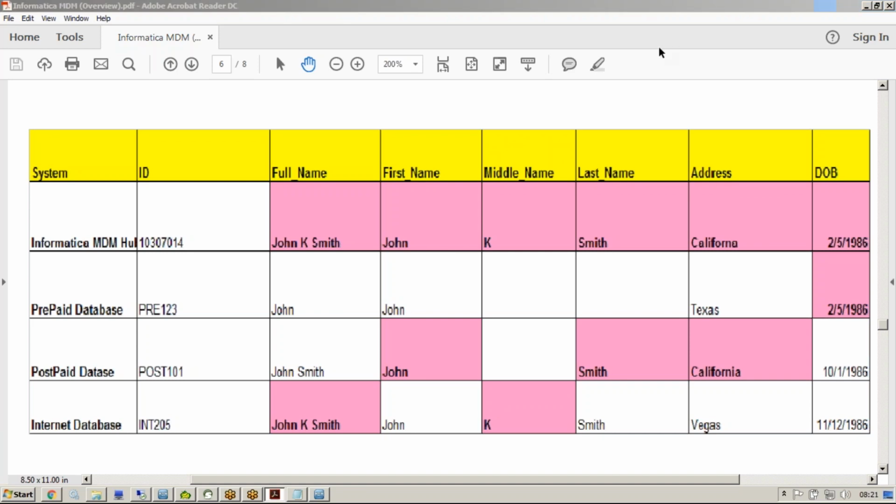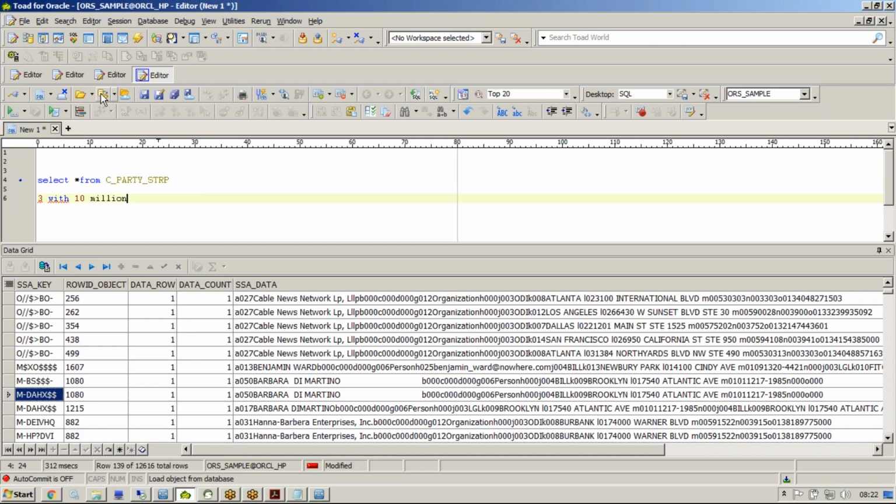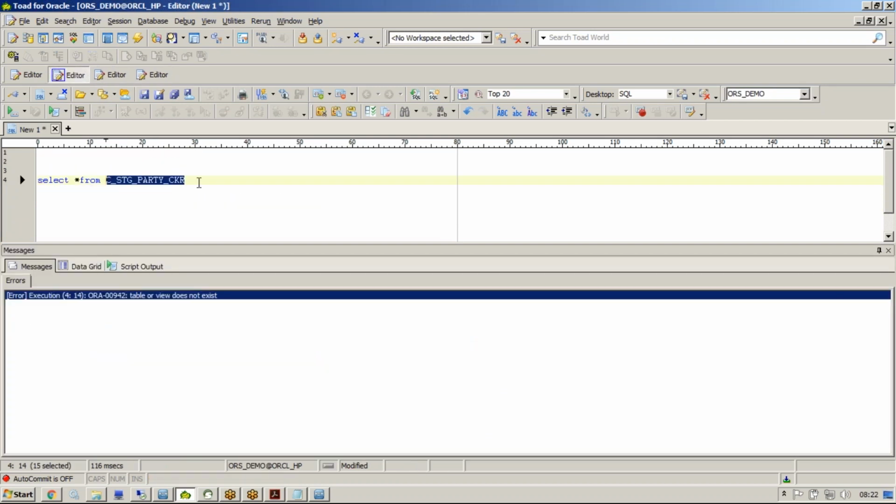For example, see here, the whole feature, I mean from complete end to end, I'll just show you. See, for example, we talked about this John Smith, right? So see here,